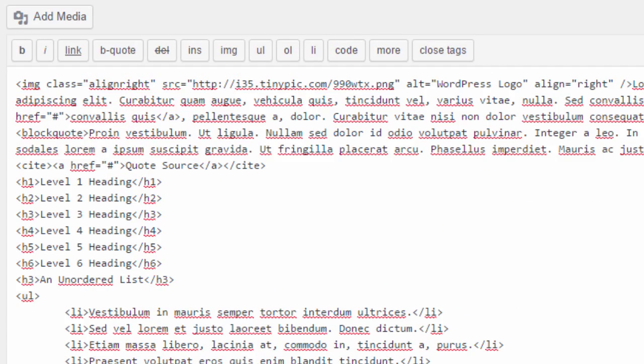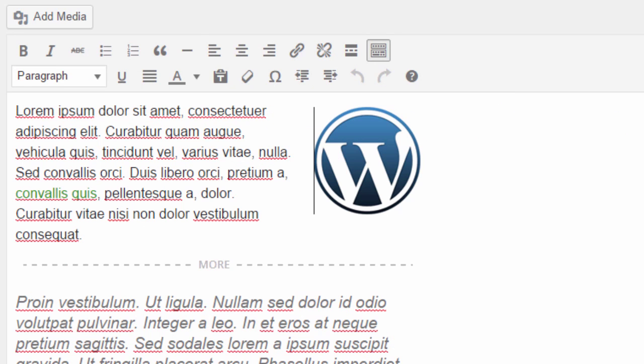But generally you'll be dealing in Visual Editor. Okay, and as mentioned previously, one big difference, what you generally don't use on a page, but you often use in posts, is